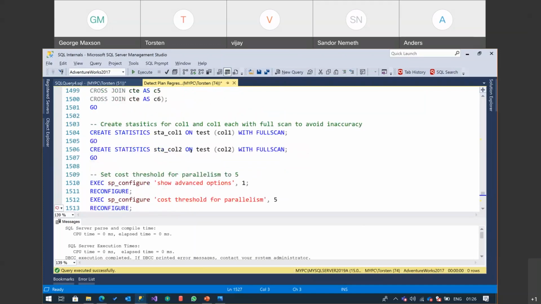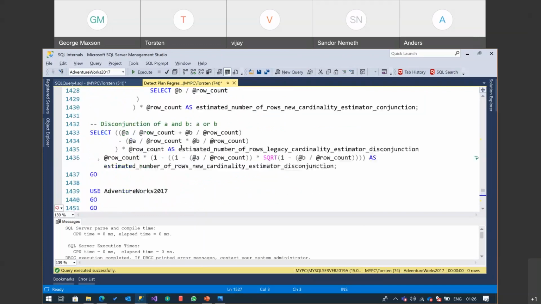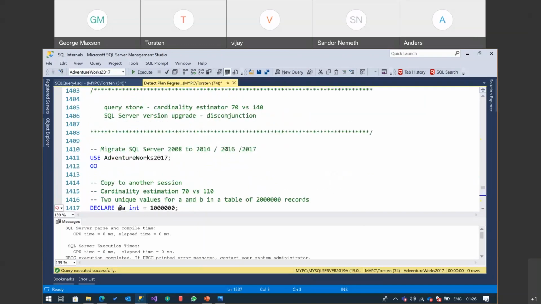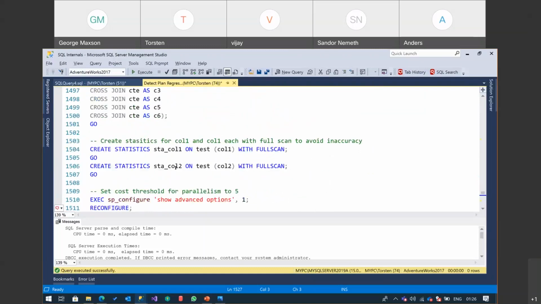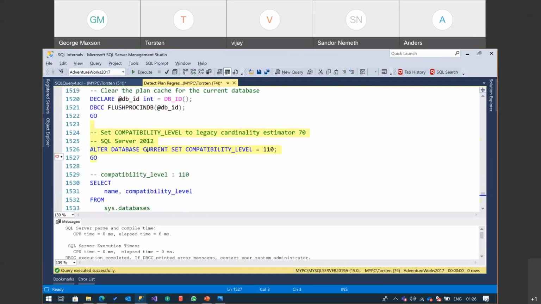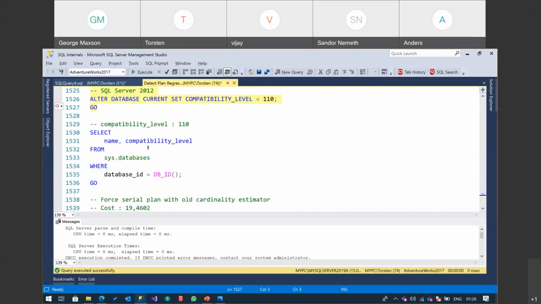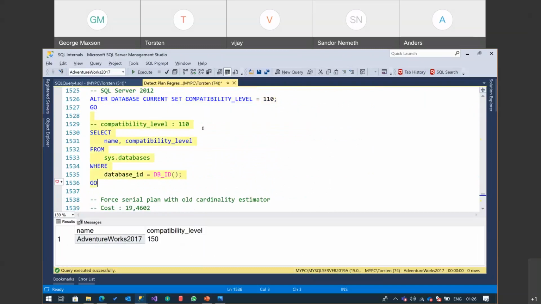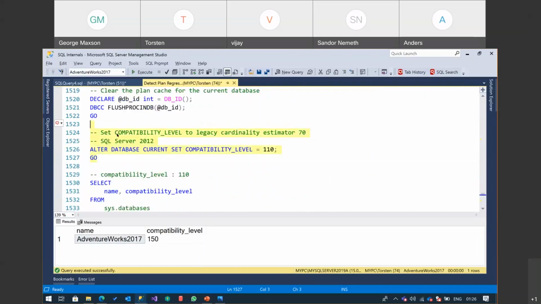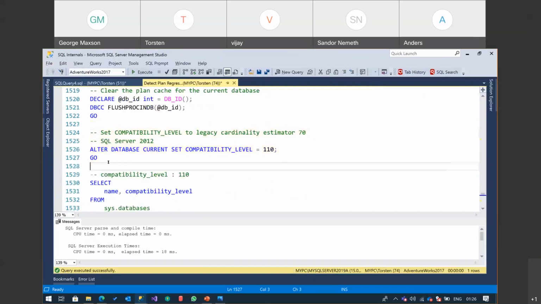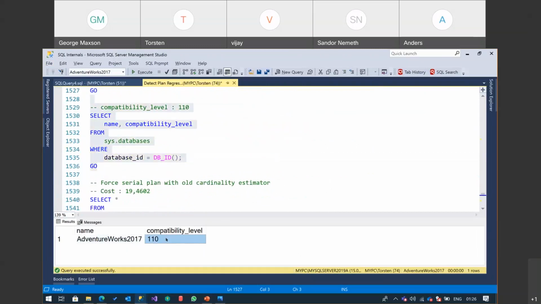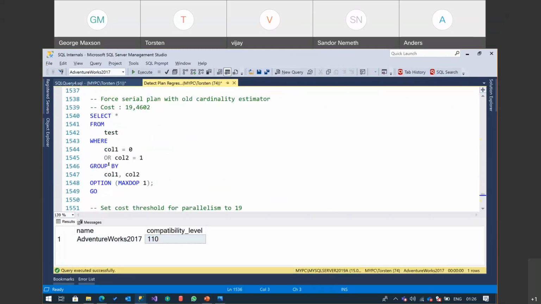And by the way, I mixed it up. I was telling you in the beginning that this is 2008 to 2016. This is not true. This is 2012, which is even more realistic, to 2019 or 2017. So a very, very common upgrade. So the compatibility level is set to... no, it is not. Let me execute this again. Yeah, now it is set to SQL Server 2012. Okay. When I now execute the following query,